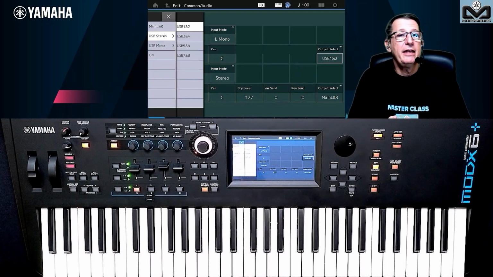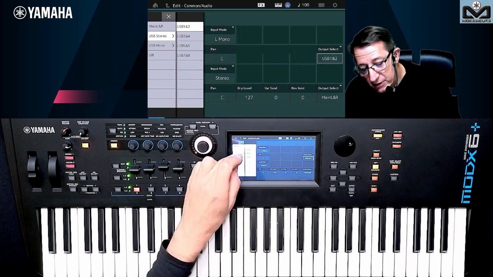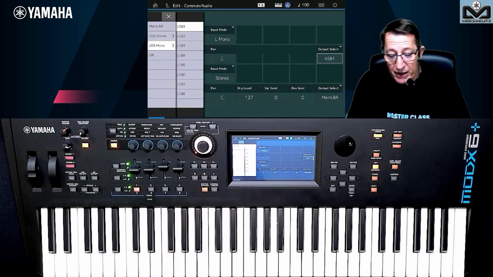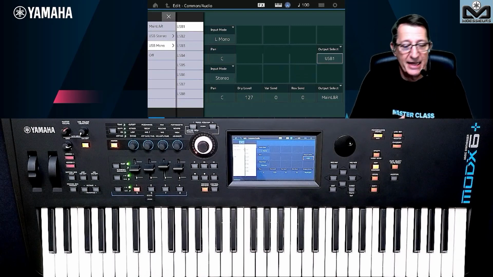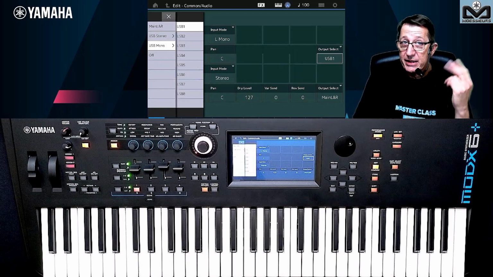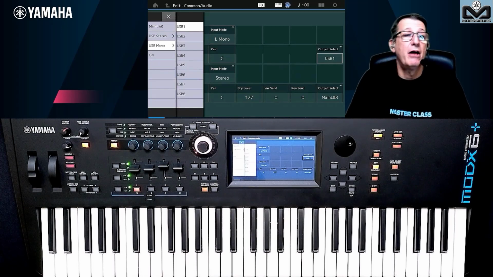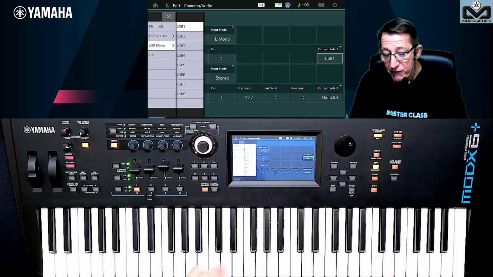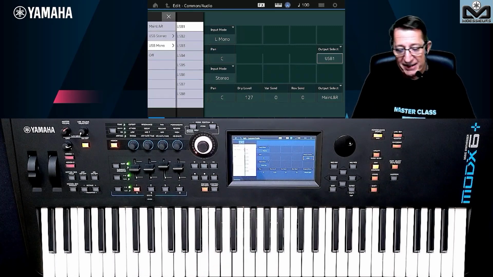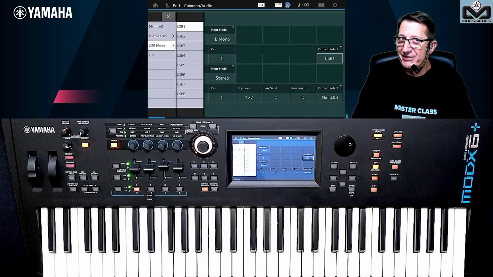And if you want to record in mono, on a Modex Plus and Modex, you have 8 separate mono buses. The main LR provides 2 others. If you are on Montage, you have 15 stereo buses and 30 mono buses. So very great for Montage users, of course.